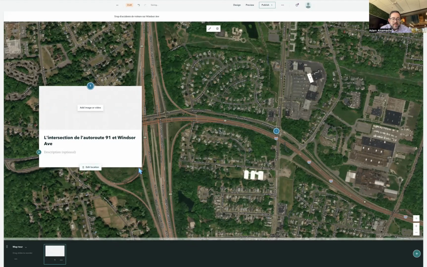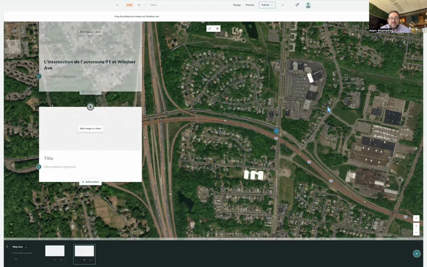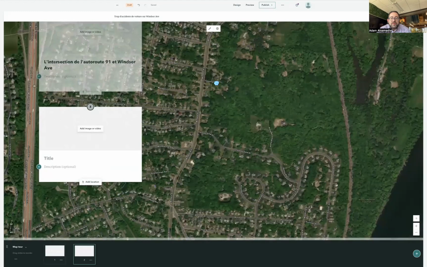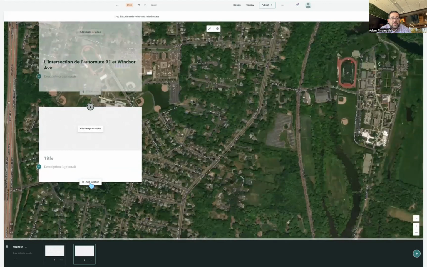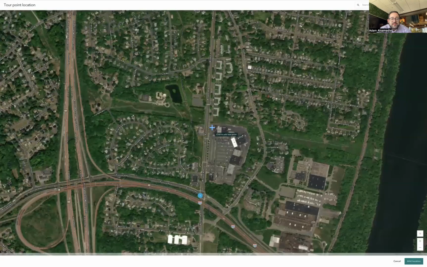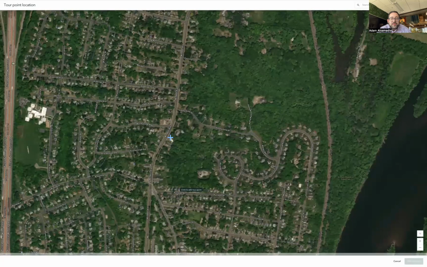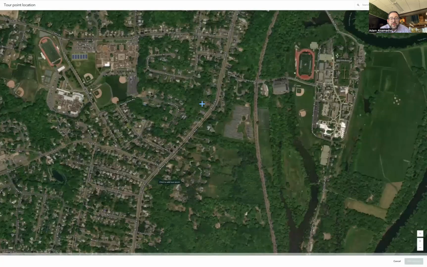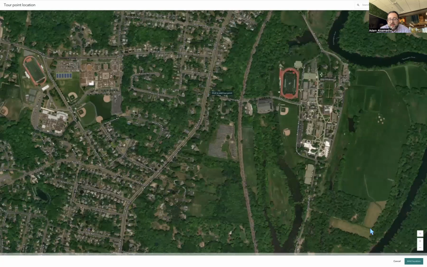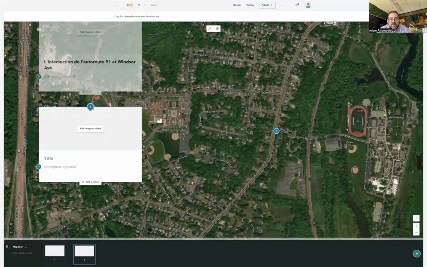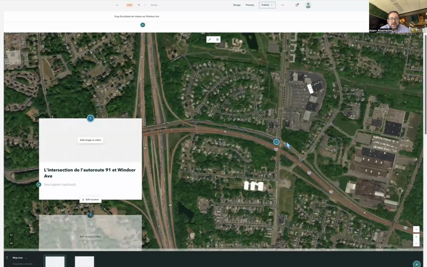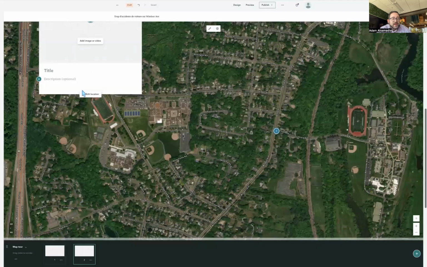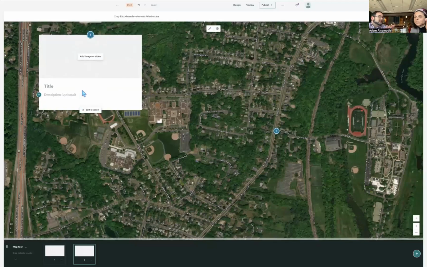Cool. And then I want to add another location. And we can write something like, oh, I'm sorry, I want to go around there. I'll start over here and I'm going to go to Island Road right there. Again, I'm going to use the current zoom level. So basically your tour, you start over here and you move over here and then you can write something like